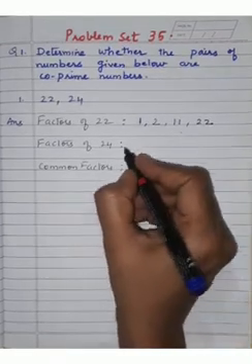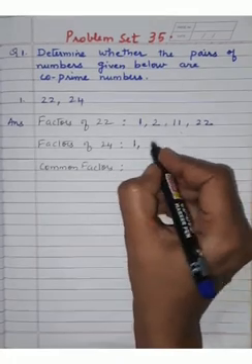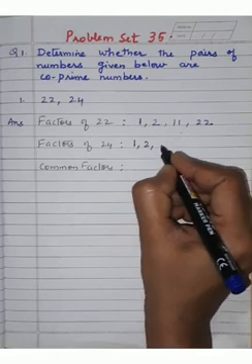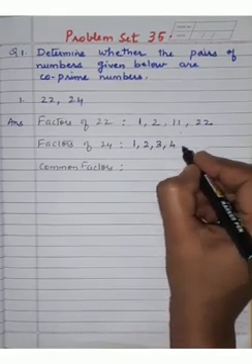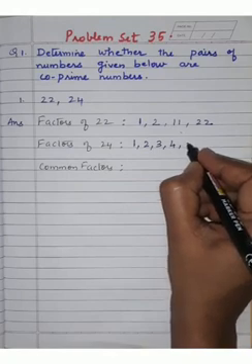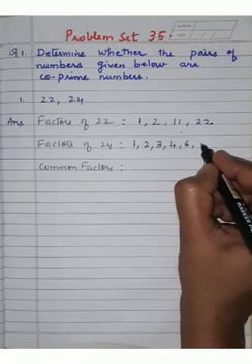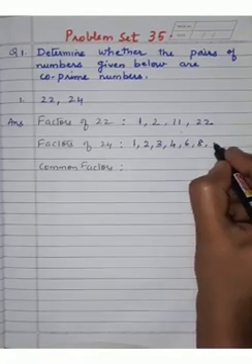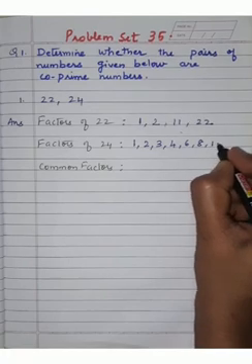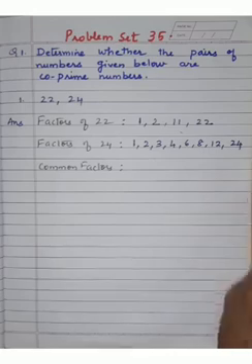Okay, then let's write the factors of 24. It comes in one table, then 2 12s is 24, then 3 8s is 24, then 4 6s is 24, then 5 table it doesn't come, then in 6 table as 6 4s, then in 7 table it doesn't come, then in 8 table that is 8 3s, then in 12 table 12 2s, then directly in 24 table is 24 1s.